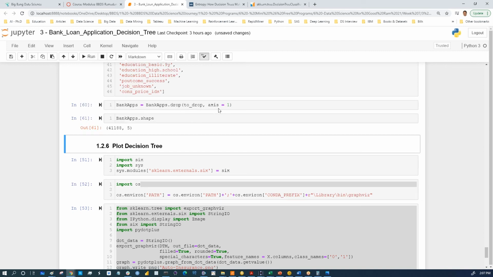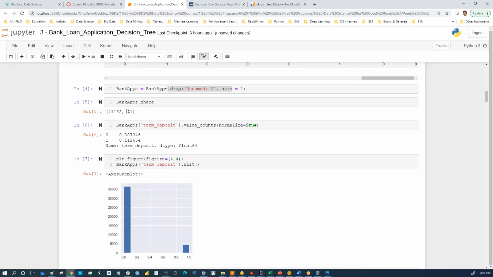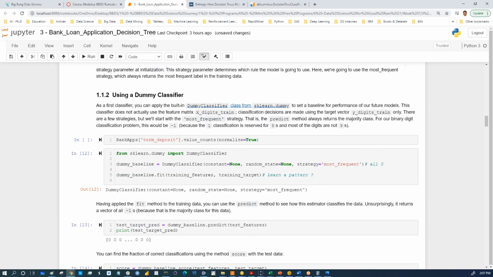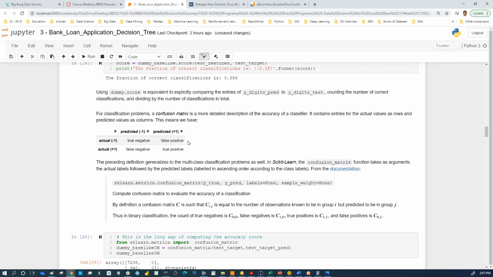So how many features do we have left? 5. And how many features did we start with? 41, I think. 51. 51. So out of the 51, the model only uses 5 features to predict the value of the target